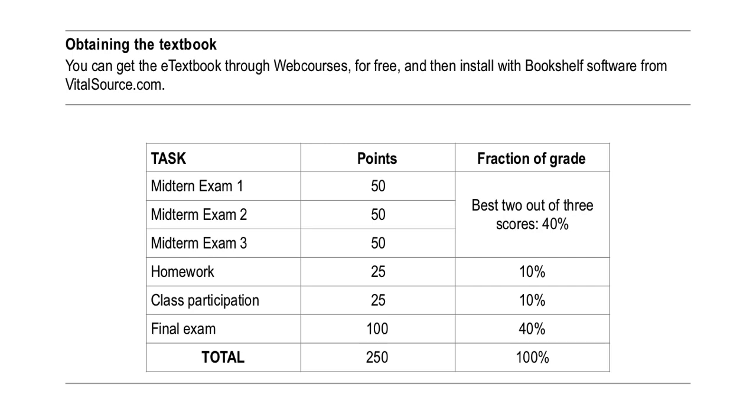Any questions about that? Yes, up front. Question, is the final cumulative? The answer to that is yes. So, as I said, it's going to be,